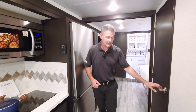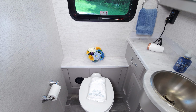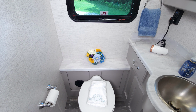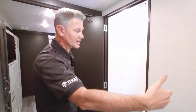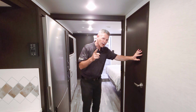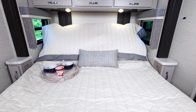That takes us right into this glorious half bath. So much room in here. You're going to have porcelain toilet, a lot of counter space in here, medicine cabinet. You have a vent fan up above. So for a half bath, very spacious. So the people up front who are staying up here can use this, and then you can cordon off your area back here into the bedroom here with the door, and then you get a cozy night's sleep on this